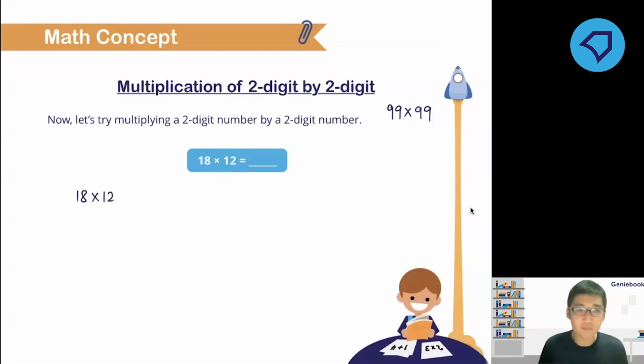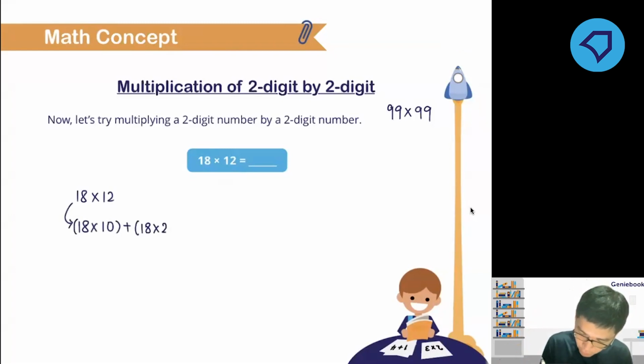18 multiplied by 12 actually is very similar to 18 multiplied by 10 first, together with 18 multiplied by 2. Let me explain what this is about. Imagine I have 18 apples, and I want to have 12 such groups of 18 apples. So that's why I will do 18 multiplied by 12. Imagine I have 18 apples in one group. I want to have 12 such groups. Isn't it equivalent to me having 10 groups of the 18 apples,